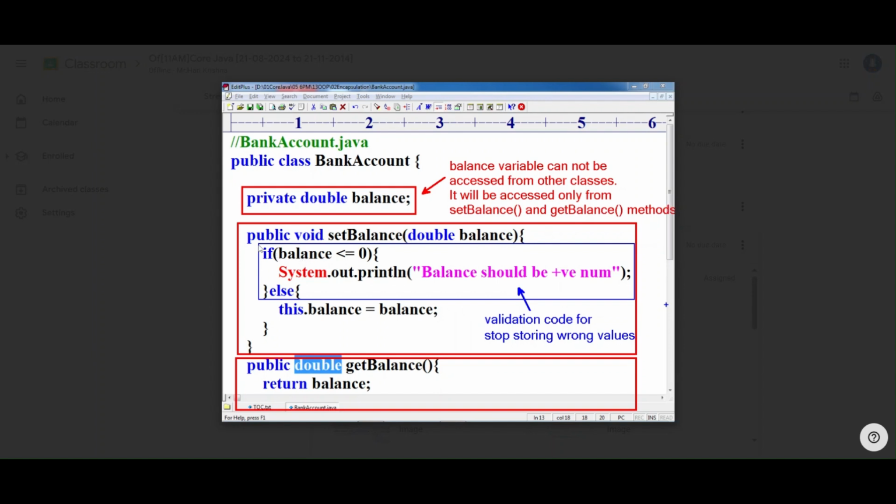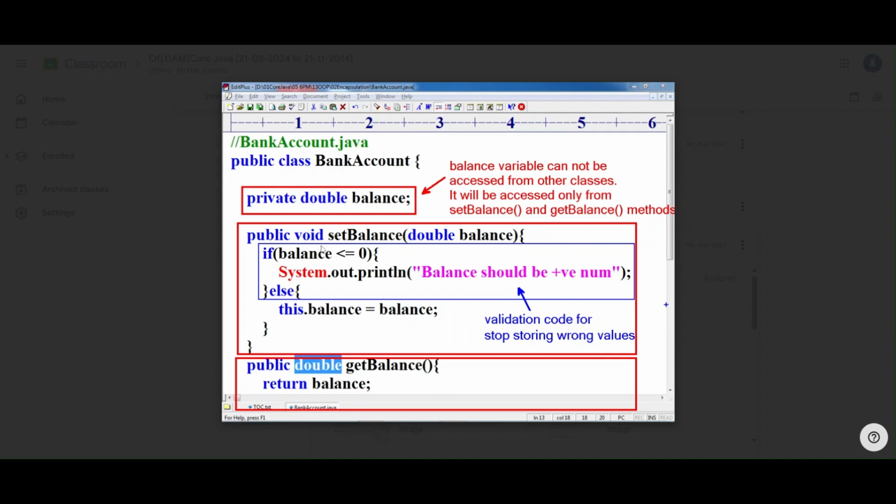So, public void setBalance. setBalance is a method with a double balance parameter. If balance is less than or equal to 0, System.out.println "balance should be positive number", else this.balance = balance.